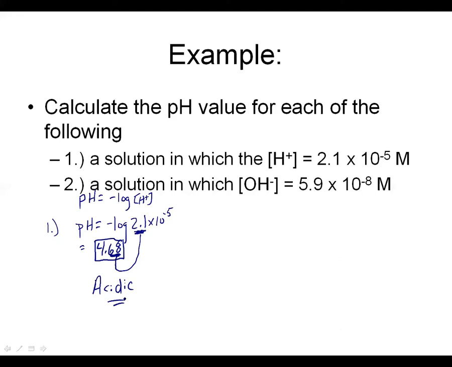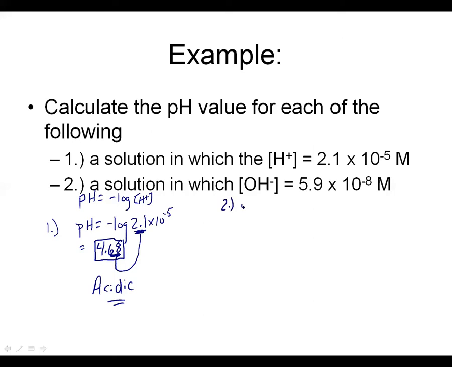Now, for number 2, if you got a pH of 7.23, let us see why that might not be the correct answer. So let's take a look here. So for number 2,